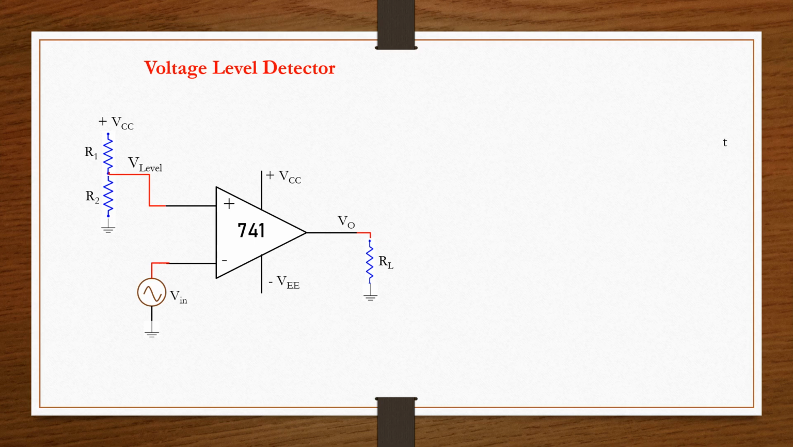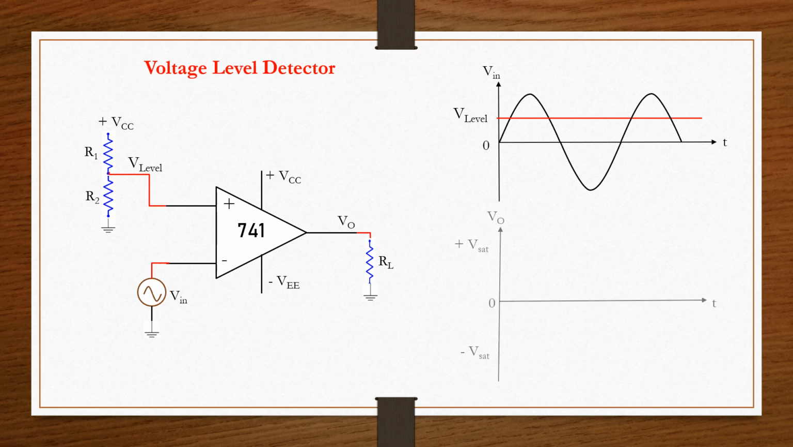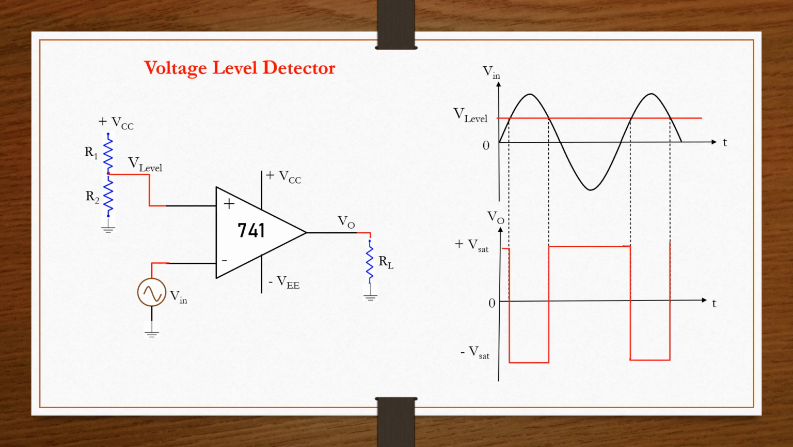As basically it is an inverting configuration, when Vin increases above V level, the output changes from plus Vsat to minus Vsat, and when Vin goes below V level, the output changes from minus Vsat to plus Vsat. Thus the required voltage level can be detected. Biasing the non-inverting terminal to minus V level, the negative voltage level detection is also possible using the same